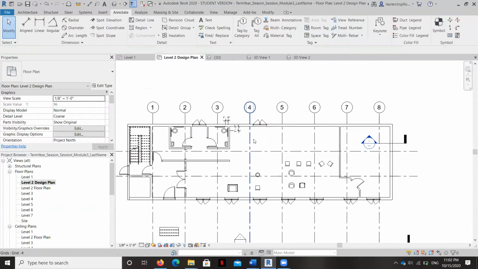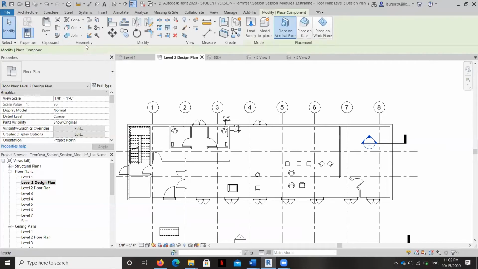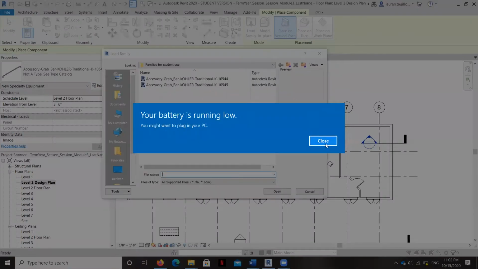As I've mentioned, I'm going to provide for you a very simple floor plan for the rest of these furniture pieces, but I do want to show you where a very basic kitchenette component is. So we'll go to Load Family.